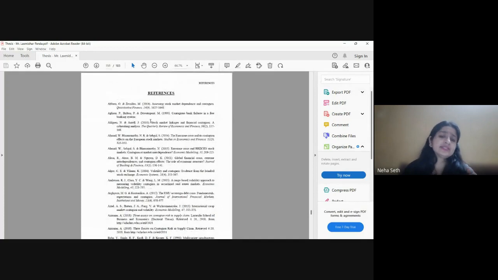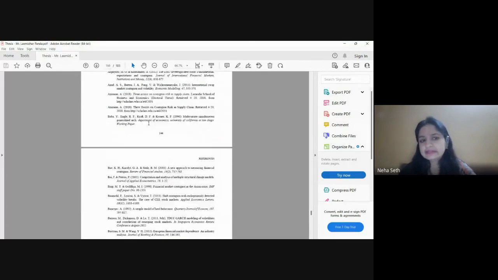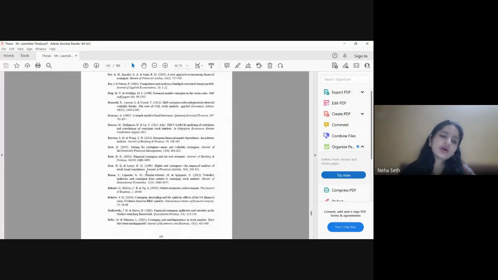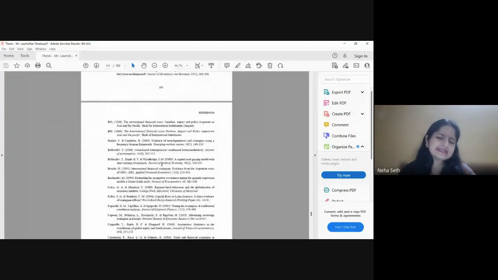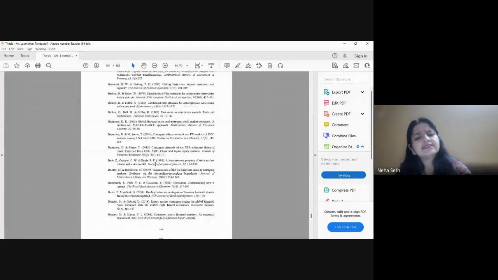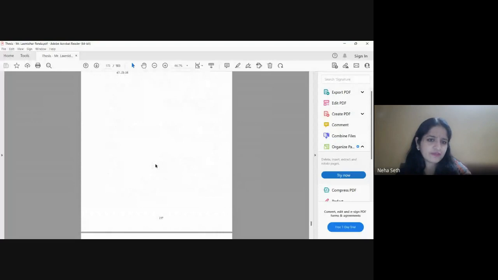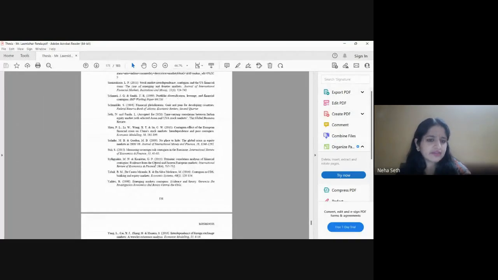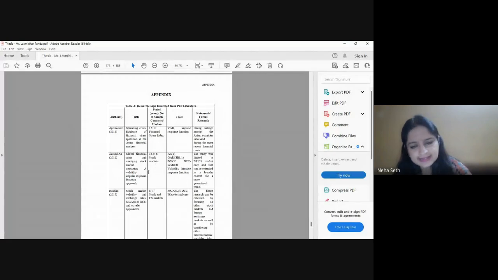References. In Central University of Rajasthan, we use APA format. We are using APA format for all the articles, research papers, blogs, books or theses, whatever we are referring. These are mentioned in this list of references. Every piece of information that we have referred to is mentioned here. And the appendices.